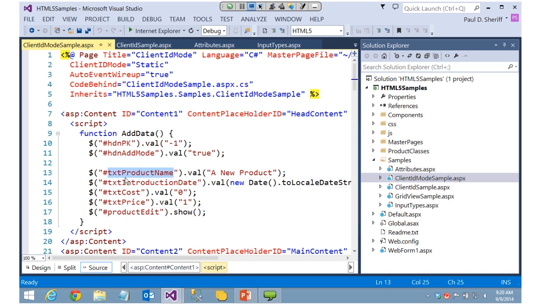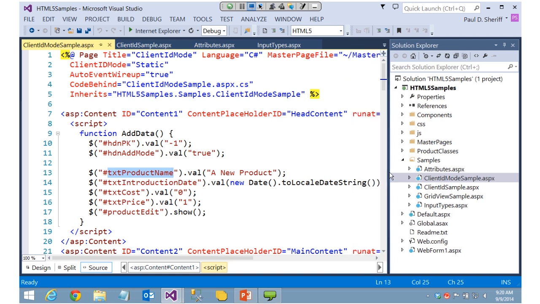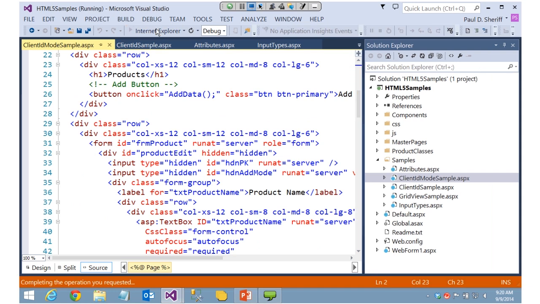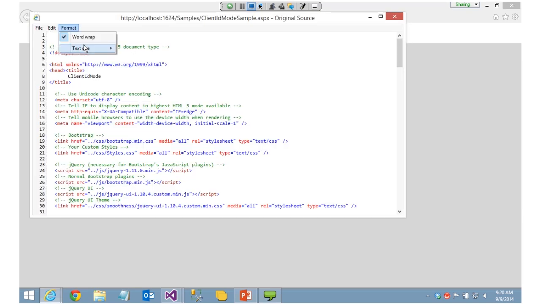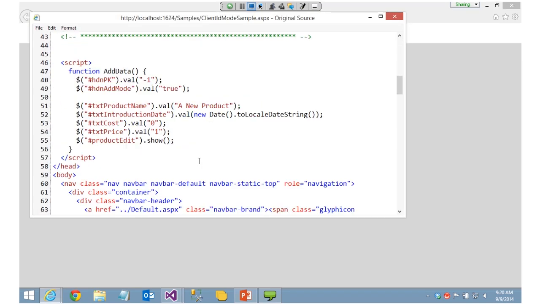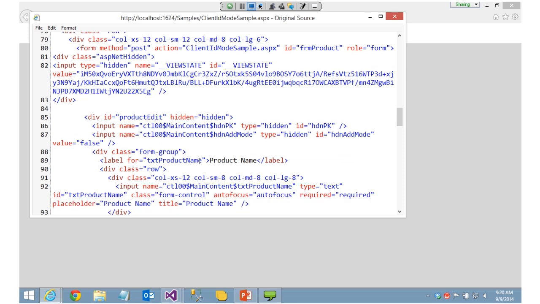However, if you say, I really want to just code my normal jQuery, I want it to look just like I was an HTML developer doing MVC or something like that, what we can do is set this new mode, client ID mode equals static. Like I said, this was introduced in .NET 4.0. Okay, so if you set this to static, now when we run this, the IDs do not get munged. So we view source,